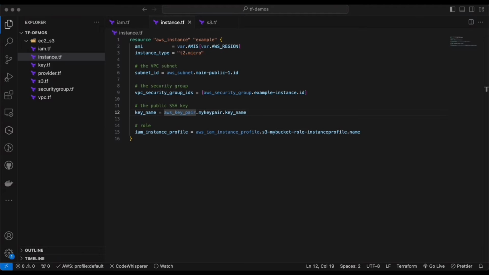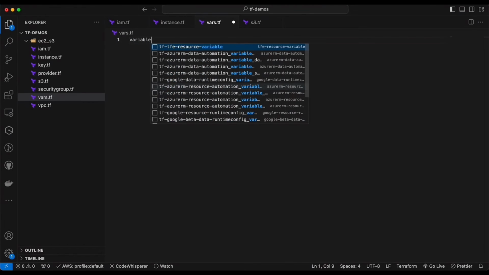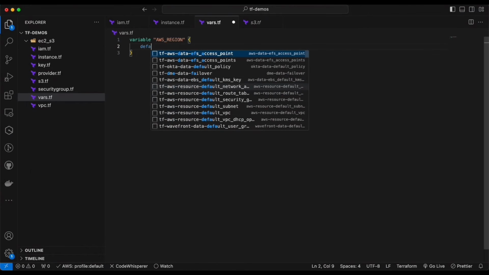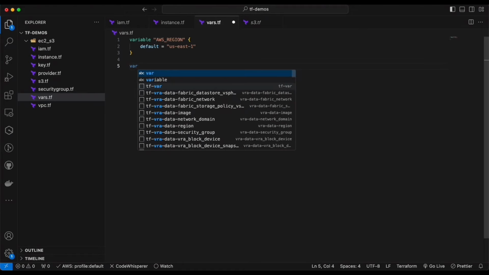Now that we have created our security groups and S3, one more thing that we need to create is our variables. The one variable that we have created was AWS region. Default is going to be us-east-1. All right, and then another one is